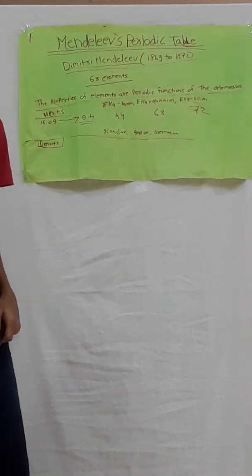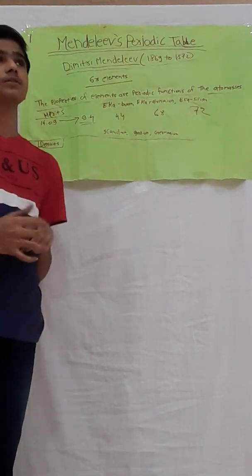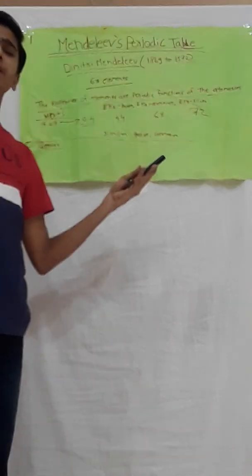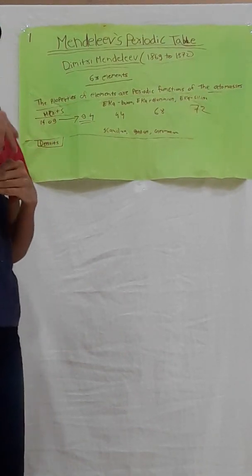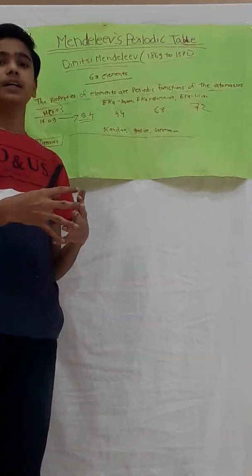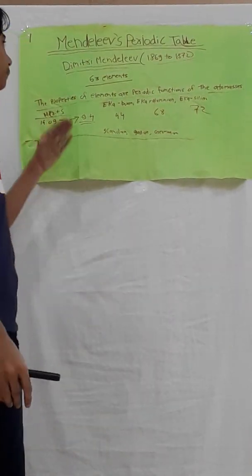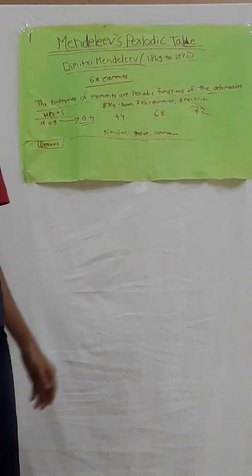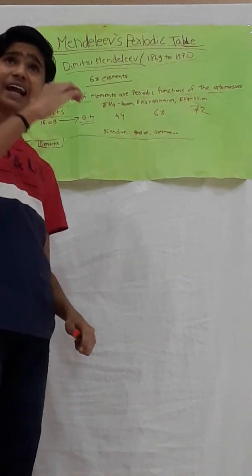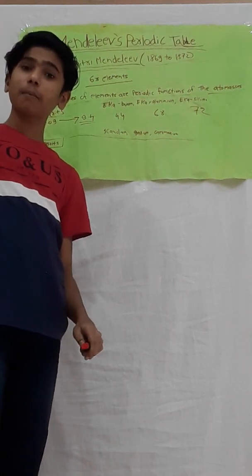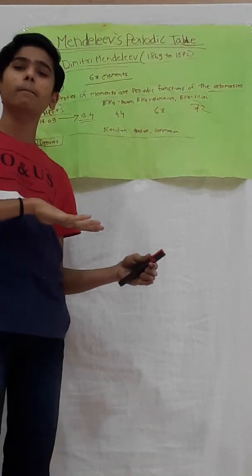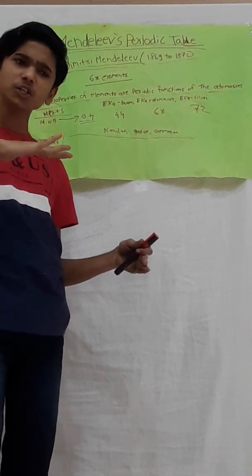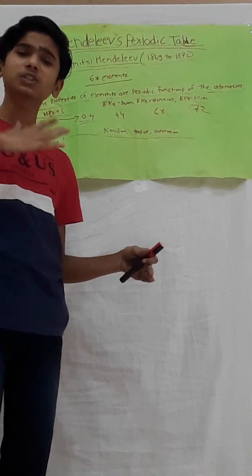Isotopes: isotopes were discovered long after the Mendeleev periodic table. Isotopes have the same atomic number but different atomic masses. There was a challenge in placing isotopes in the Mendeleev's periodic table. Elements are arranged in increasing order of their atomic masses, but the rise in atomic mass does not appear to be uniform.